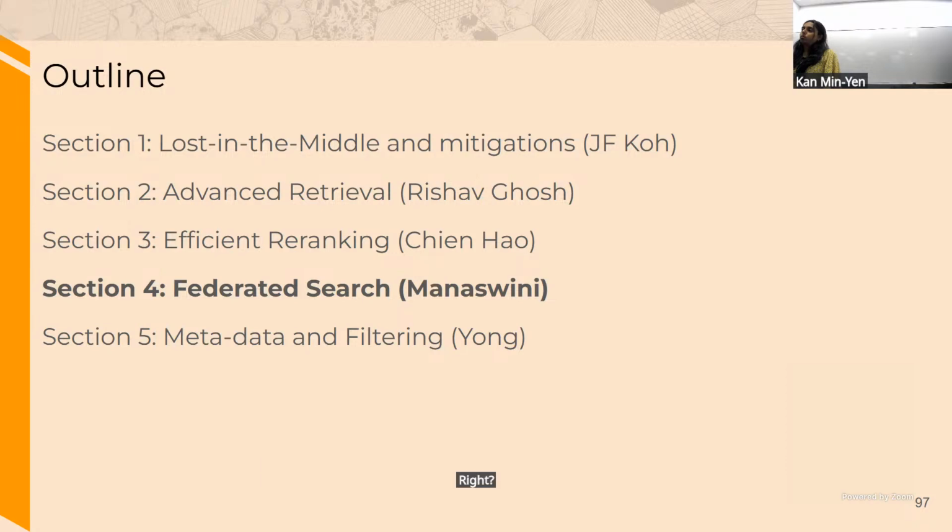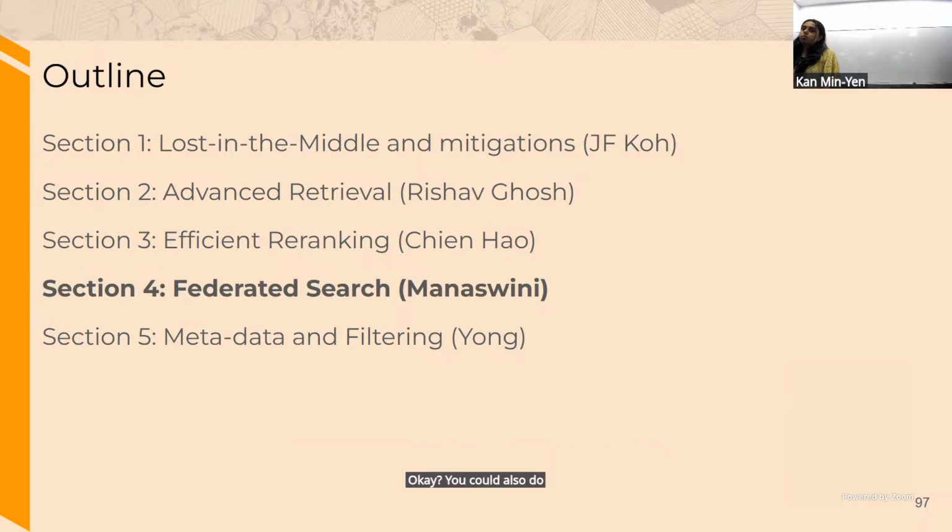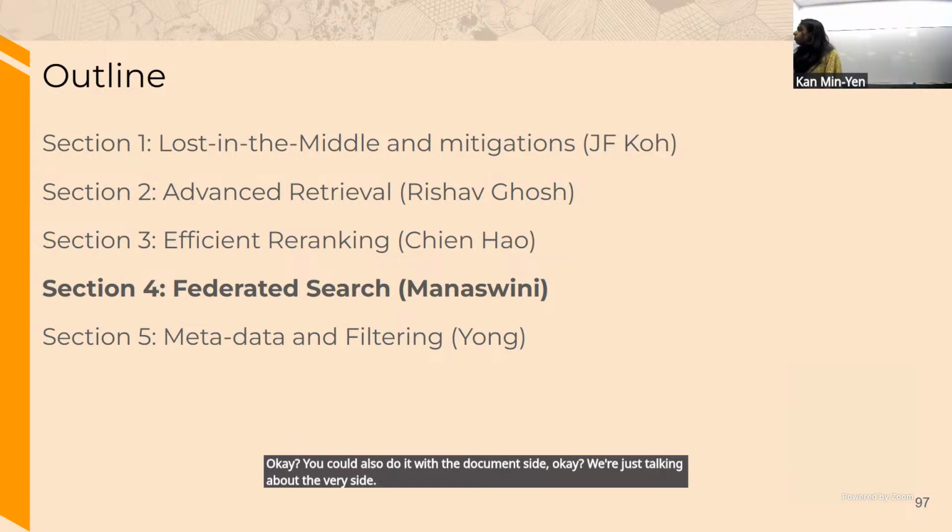So then I can do the same type of thing as we talked about before: do the augmentation in lexical space, meaning words, or do the augmentation in the vector space. You could also do it with the document side, we're just talking about queries. So I hope that helps you a little bit.